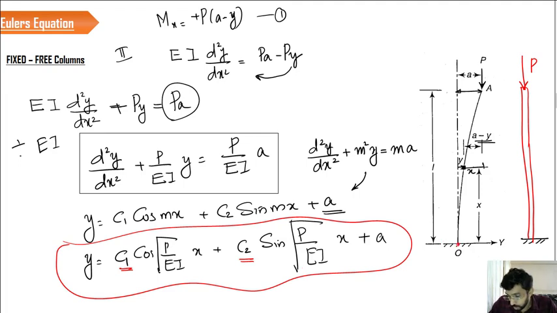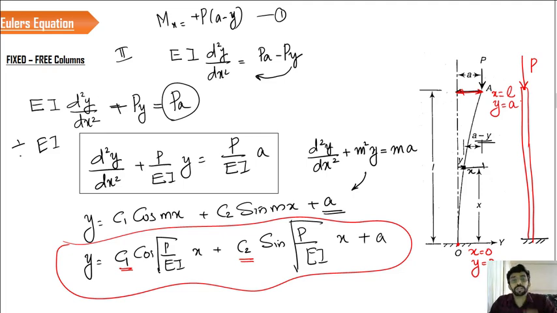If we closely look here, this is the condition at x is equal to 0. So here at x is equal to 0, we can obviously say y is equal to 0. What is the next end condition? We have a free end where the deflection has gone to a, it's not equal to 0. So we can say that here at x is equal to L, y is not equal to 0. The value of y is going to be a. So these are the two boundary conditions that we can easily arrive at.